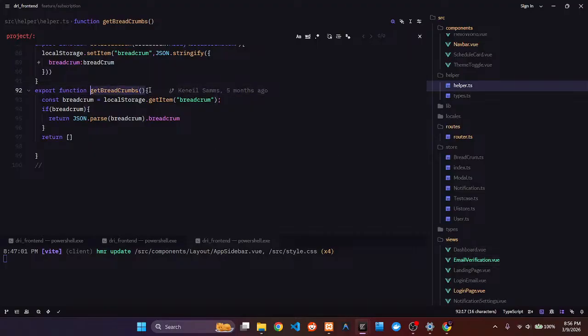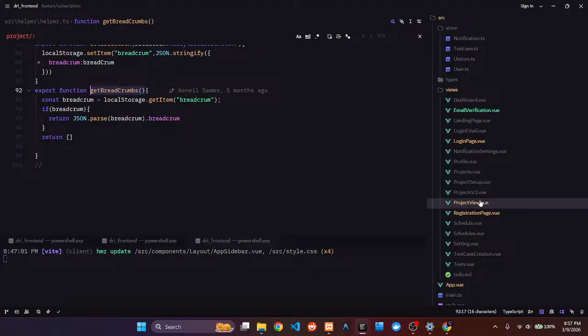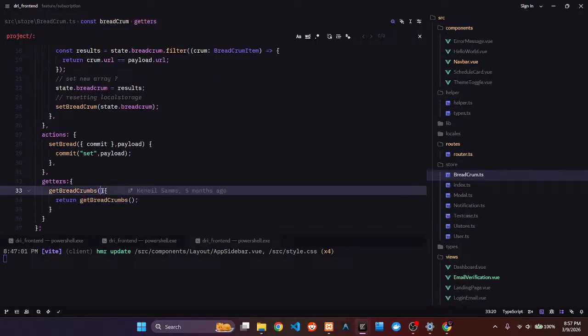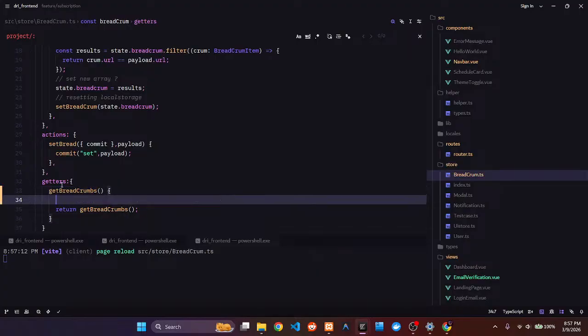I only want to get it from that if and only if that state is empty. That's the only time I want to go back to local storage. Everything else, so in getters,